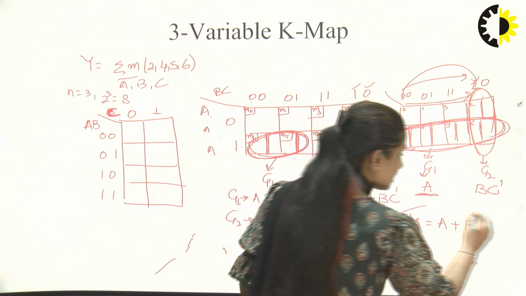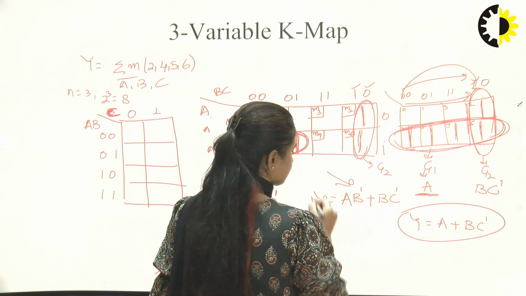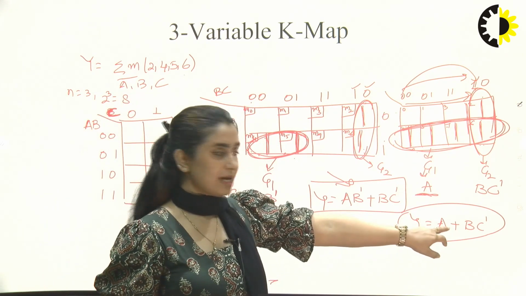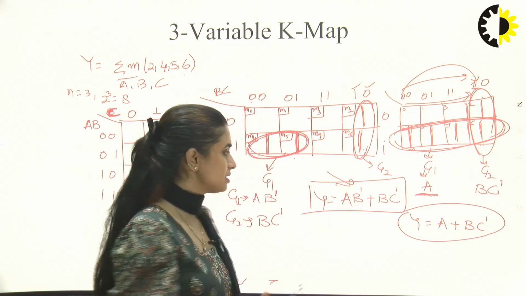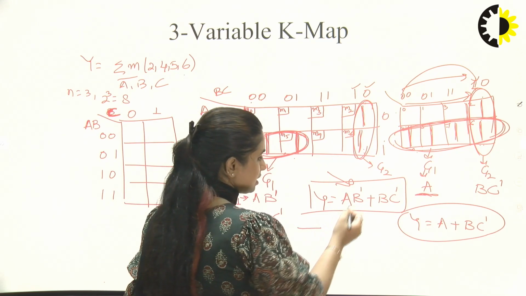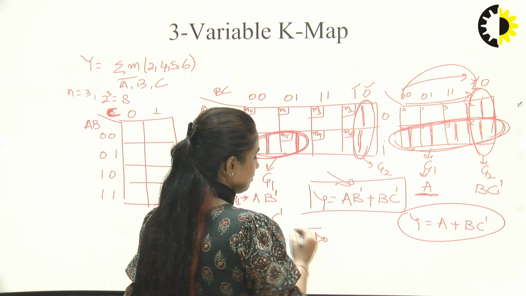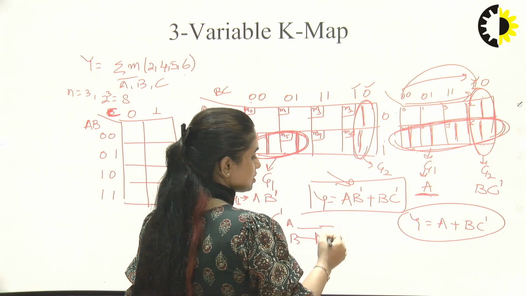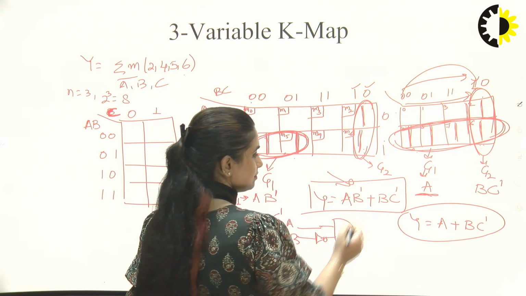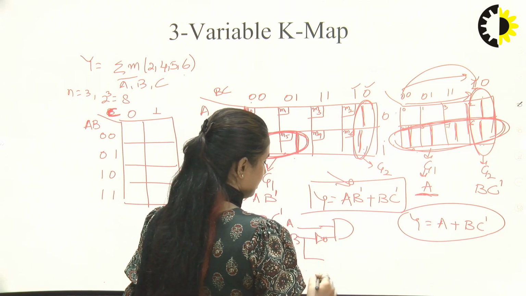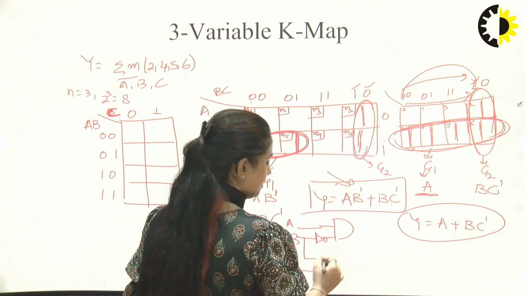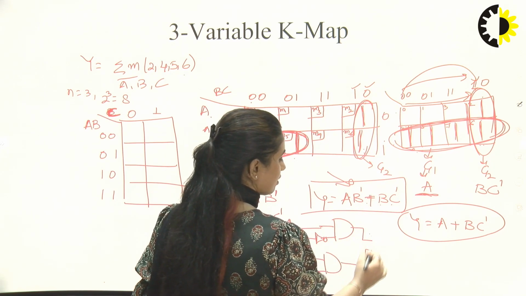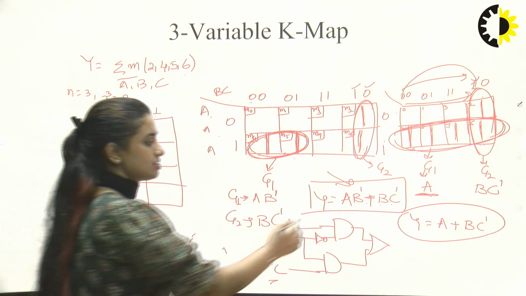So when we realize it at gate level, this would require fewer gates. If we look here at the inputs, A is required, B is required with a NOT gate, and these two have a dot, which is an AND. Then again we require a B and a C input, an AND between them, and these two have a plus sign, which makes an OR. So this will be the gate realization for this question.